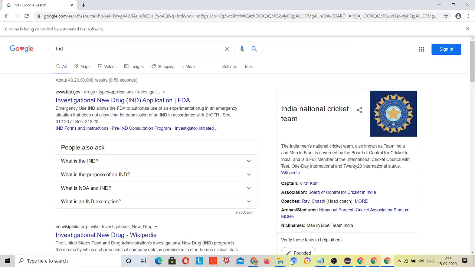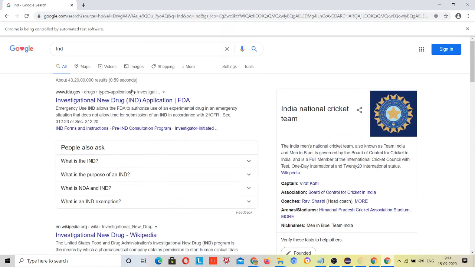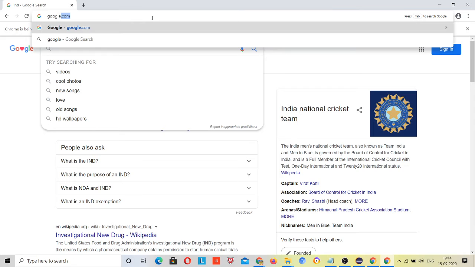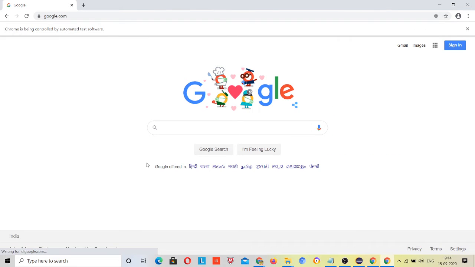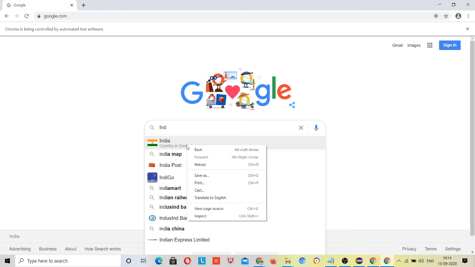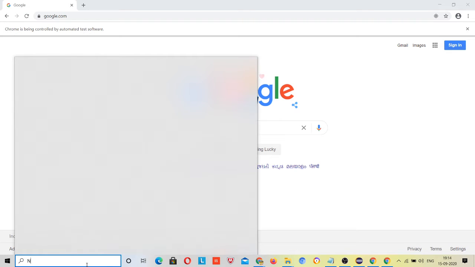But okay, let's find another way. The other way is so tricky. Suppose I am here and I type IND. So these are my results. First let me open my notepad, although I should browse another website and check that. This will take time.